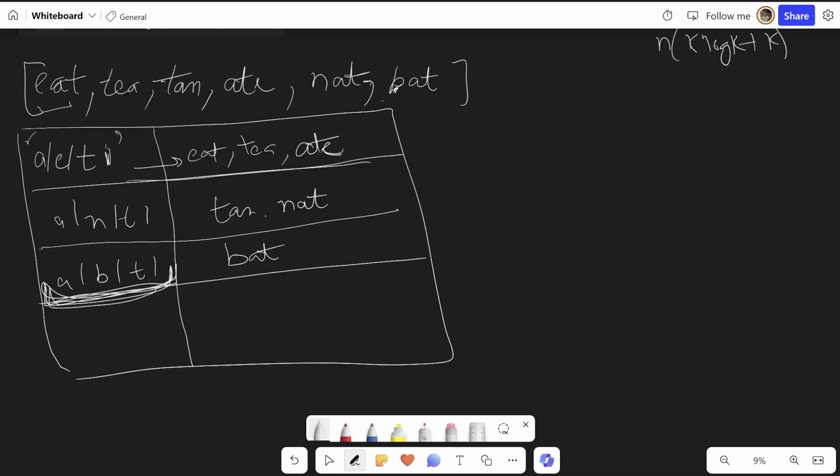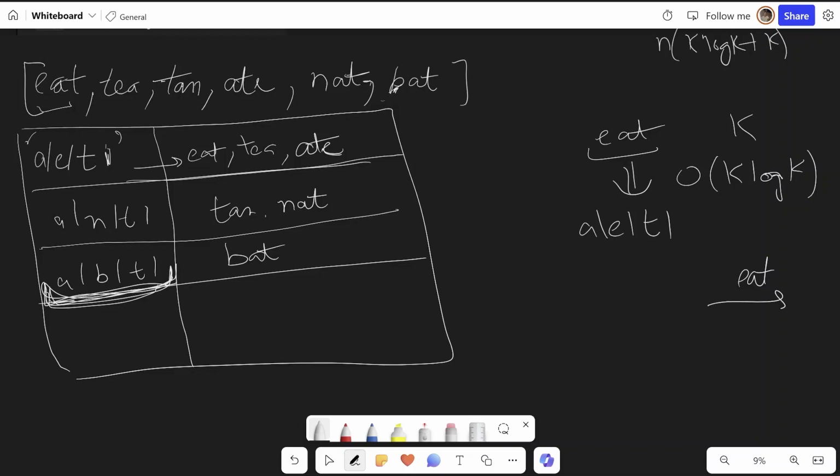Earlier when you had a string, for example eat, and its length was k, you were taking O of k log k time to sort it. But what would be the time complexity to create this frequency string? So what you do is go through the whole string, create an array of size 26, and similar to what we did in the previous anagram question, assign a place corresponding to each letter and just store frequencies in this array.